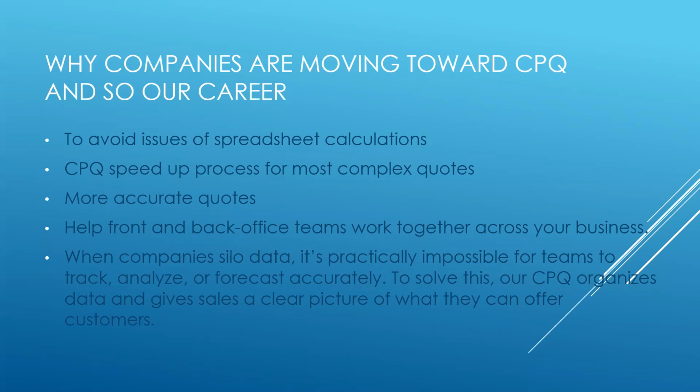Another thing is that when companies sell anything with manual calculation, there is a possibility that they can miss data or miss some quote, something is deleted or something is not there in the org. They need to find where the old quote for this is. All of this becomes easier in CPQ because there are lookups, so if we are on a renewal then we can see the old data also. So that becomes easier, and the sales rep has a clear picture of what they are buying, what they have bought before, how much discount they were given before, and what it is now. This is all clear in CPQ.